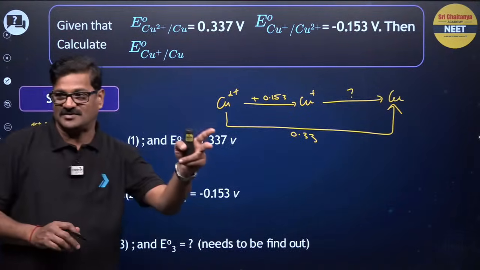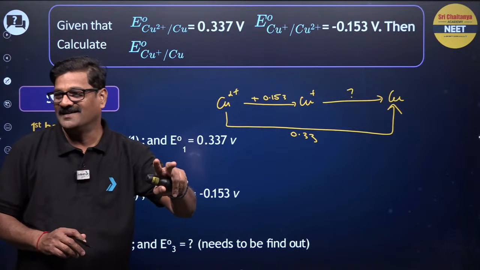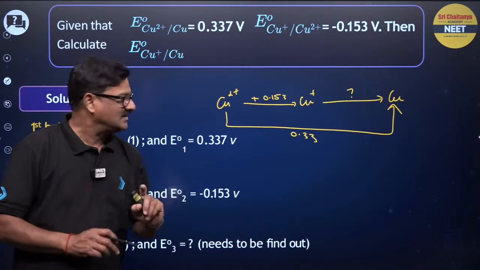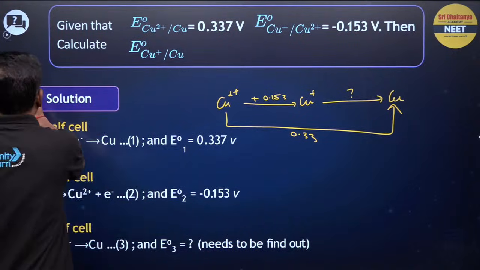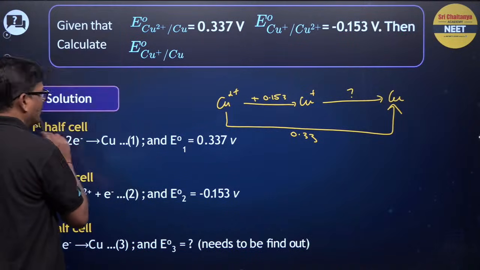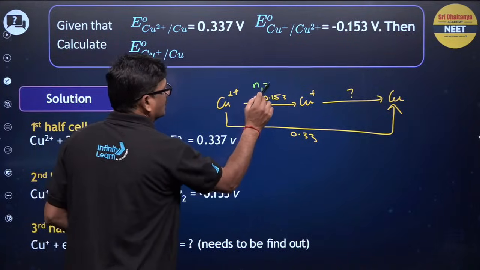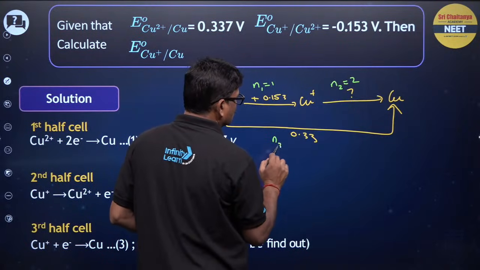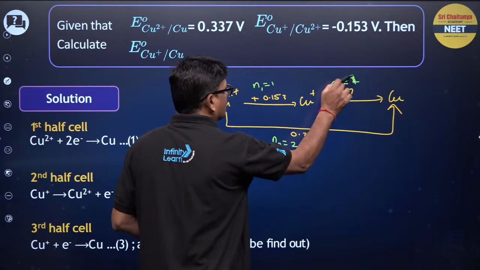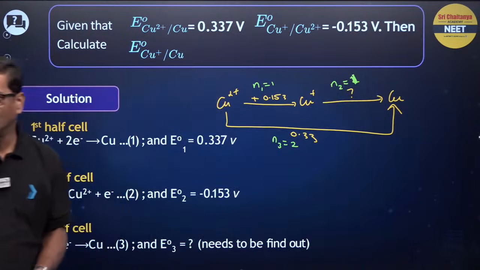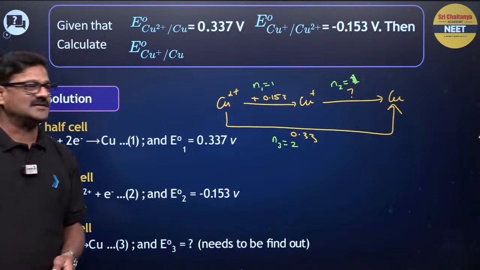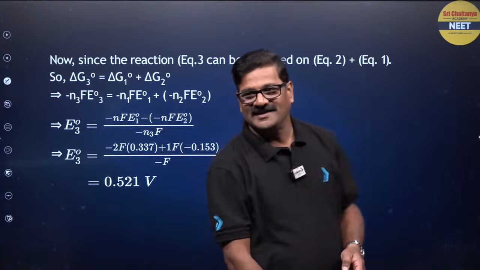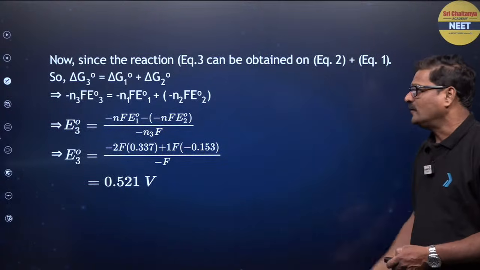Whenever you change the direction, you are going to change the sign, isn't it? Now what will the N1 value be? N1 value is going to be 1, N2 value is going to be 2, and N3 value is going to be 2, here it is going to be 1. Right? What is the answer? You tell me. And put that in the same way. You are going to get